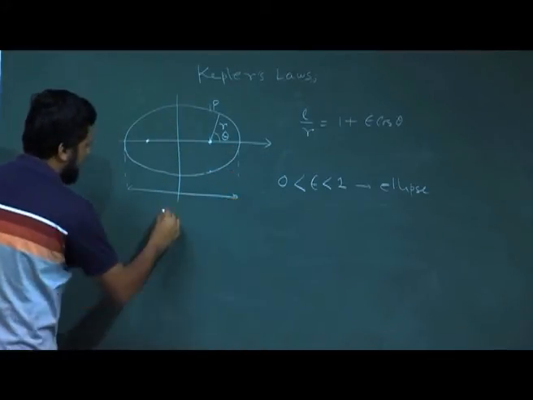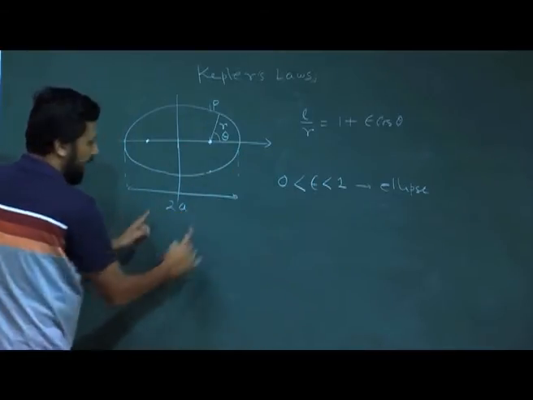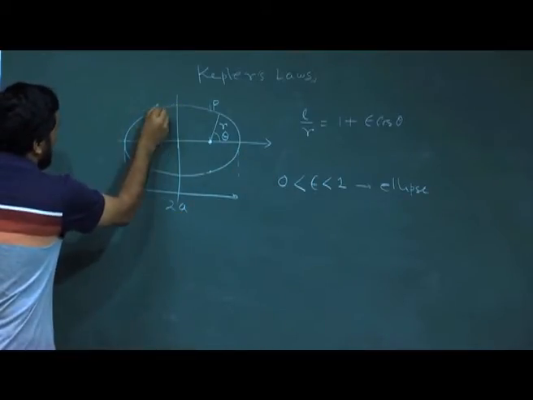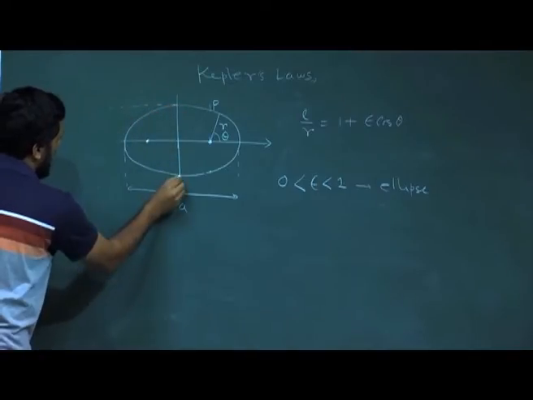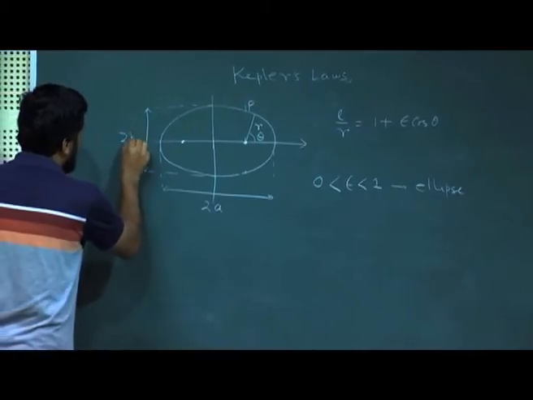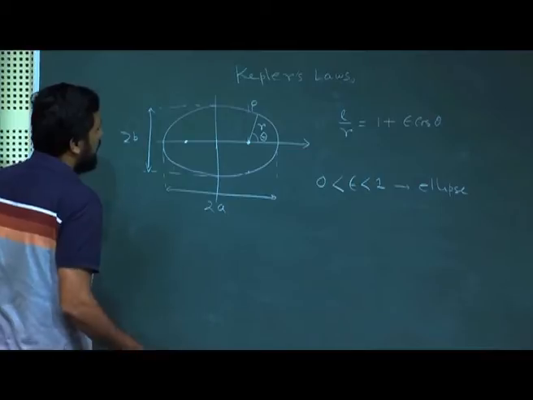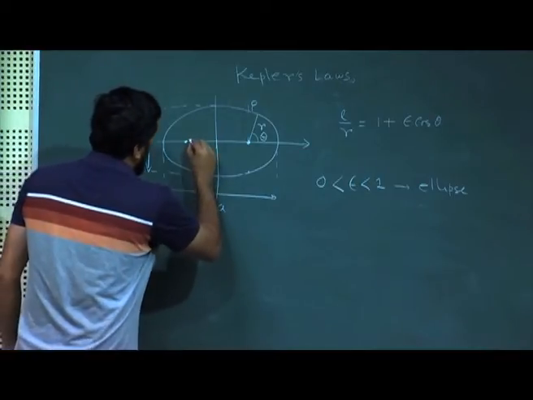This is the major axis 2A, so half of this is A, that is the minor axis 2B, and half of this is B. Now,